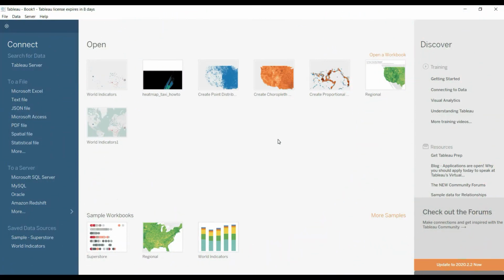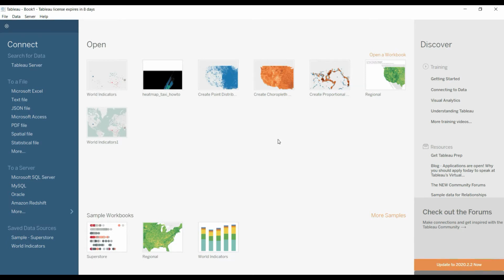Hey guys, as I mentioned in the introduction of this video, I am going to demonstrate data visualization live in this video using two data sets. One is in Excel format, another one is in MS Access format. So first of all, I am separating these two files in two parts. In the first part, I am going to demonstrate data visualization using the Excel file. In the second part of this video, I am going to demonstrate using the MS Access file.